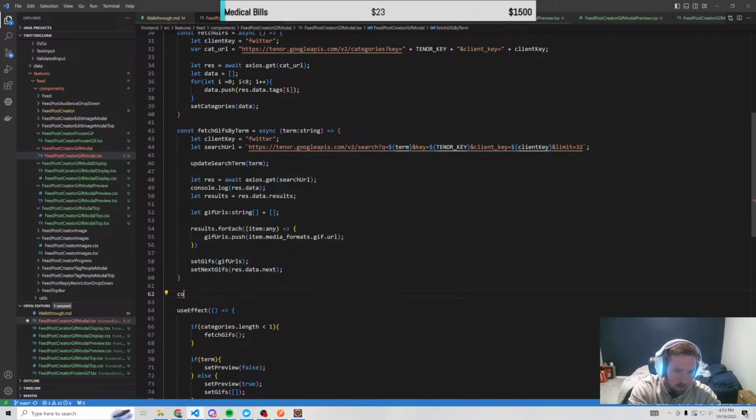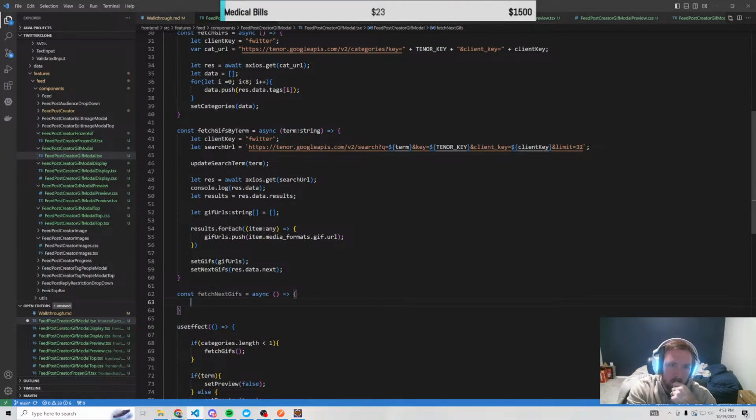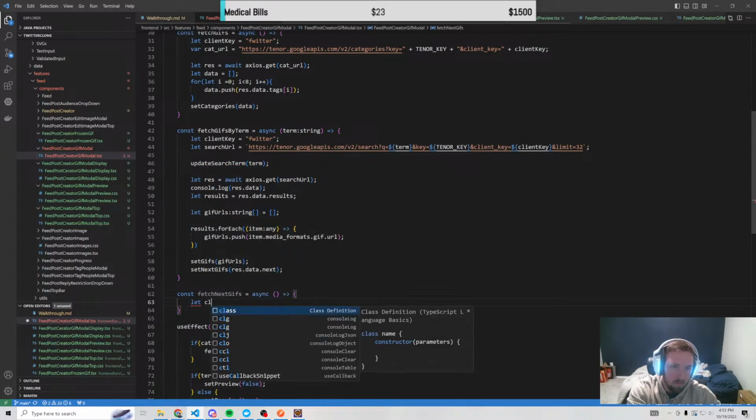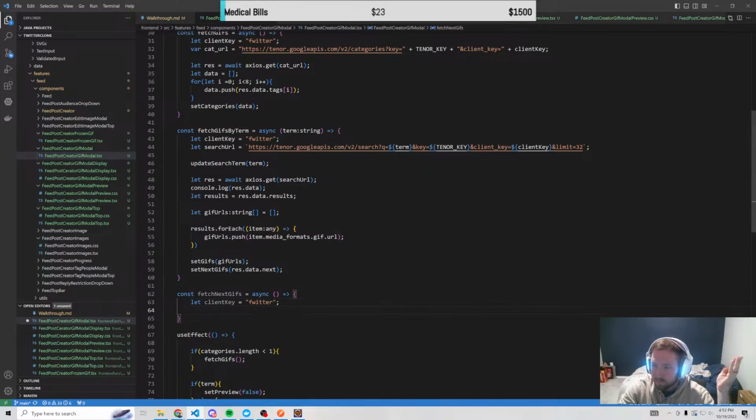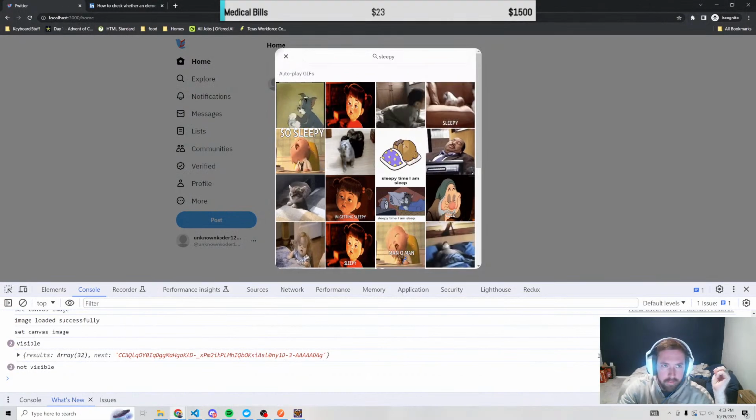Const fetch next GIFs or whatever equal to an async function, and we already have next. So it's like we already have our term. We'll probably set this client key somewhere else. If I remember correctly, Tenor